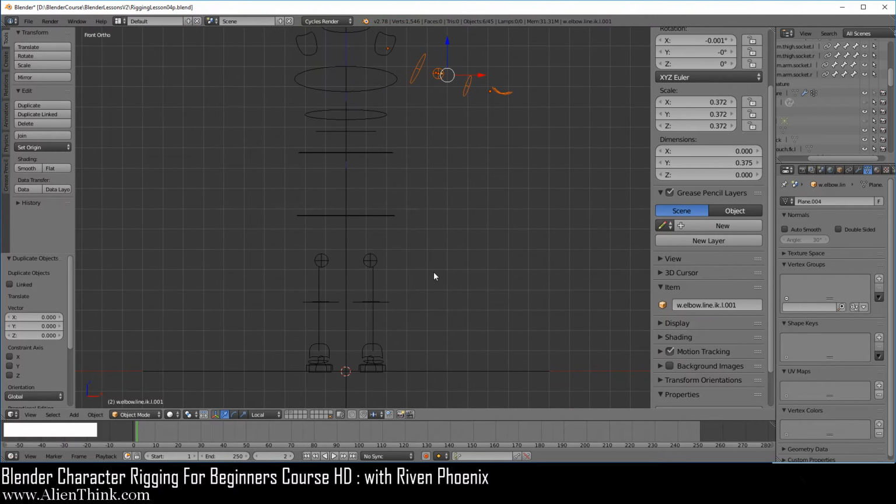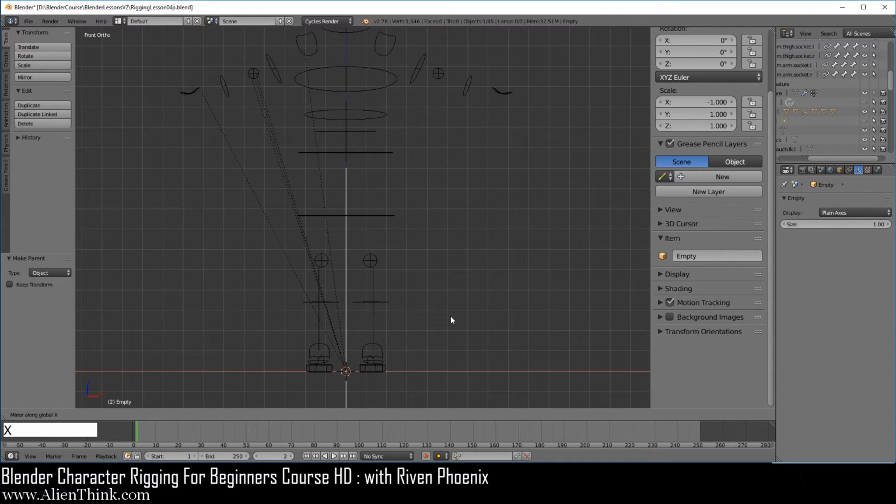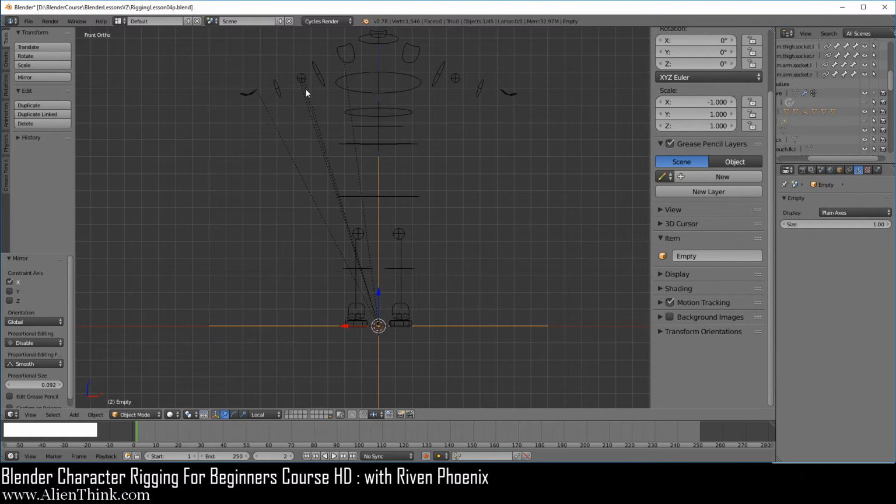Now having them still selected, you're going to press the Shift key down and click on this axis, do Control P, and of course do Object. Now what we want to do is simply click on this axis, and here we're just going to do Control M and X and click the left mouse button. So we've mirrored the bone shapes to the right side using the parent-child relationship.